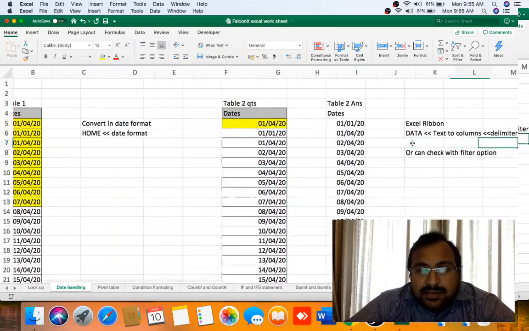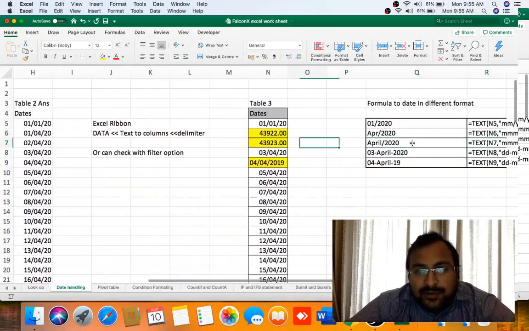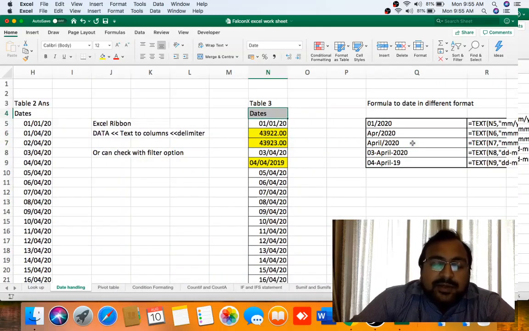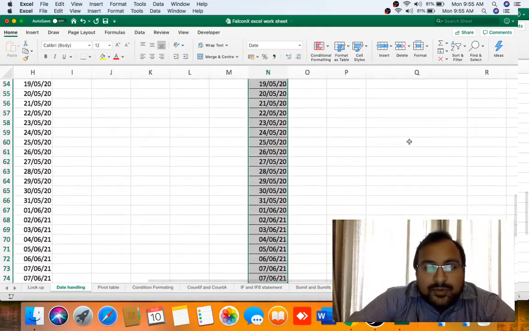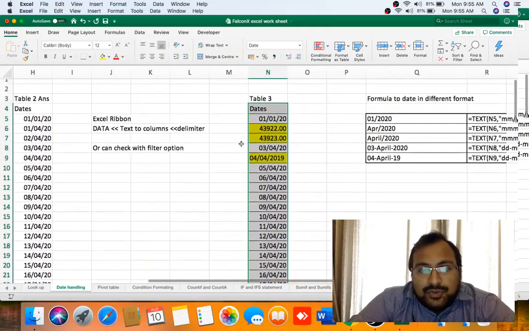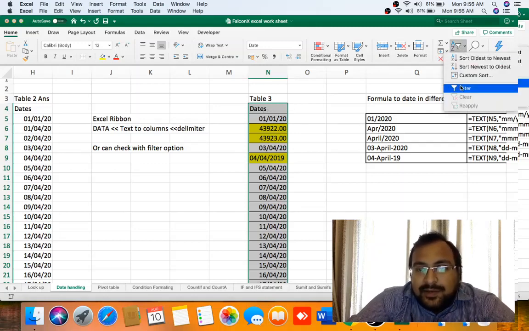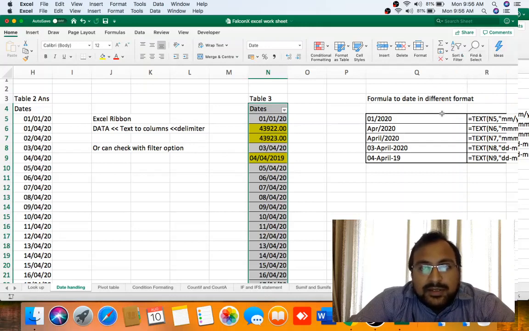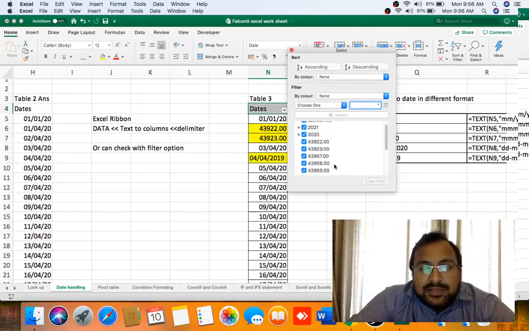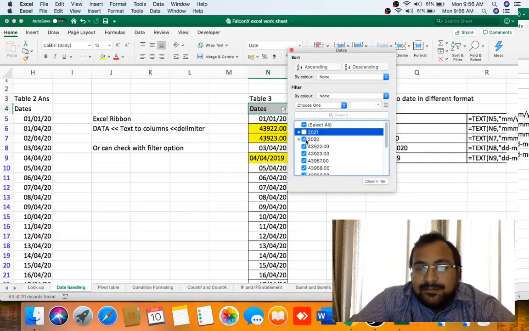Now let's see one more method of rectifying date. Now if the dates are wrong, it will not group itself properly. Let me show you what I meant. Now I have selected the date column. Now if you want to check whether the dates are in the right format or not, you can put that column into a filter like this. Under the Home tab, Sort and Filter, I have inserted a filter. Now if dates are not proper, as you can see, the dates which are not proper do not club itself in the yearly format.